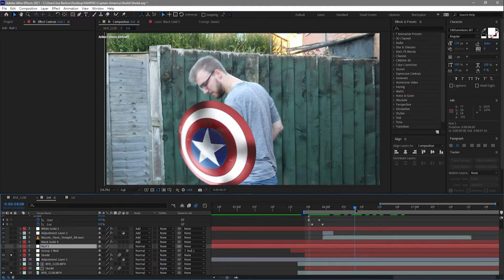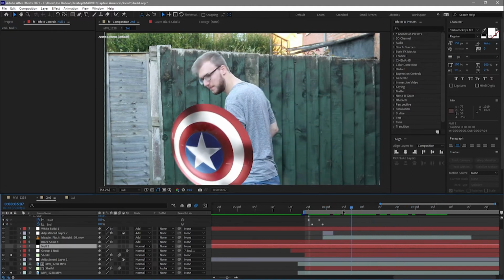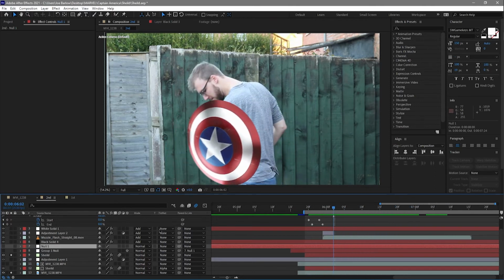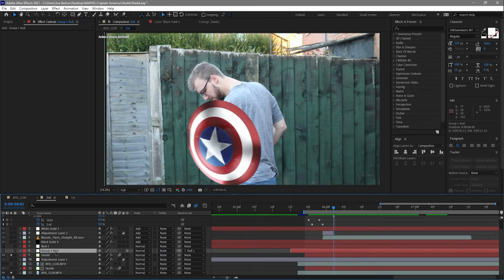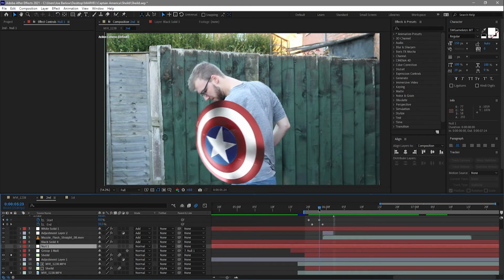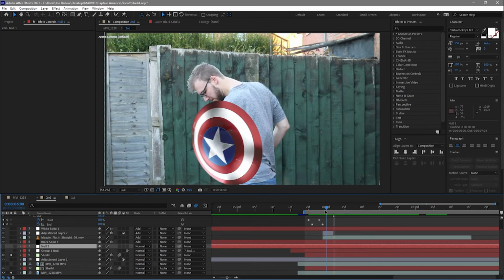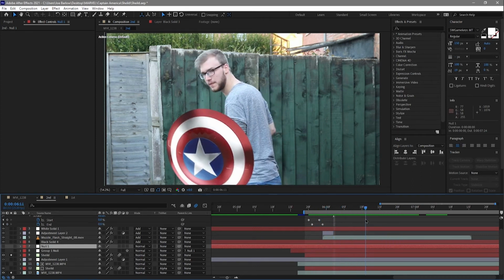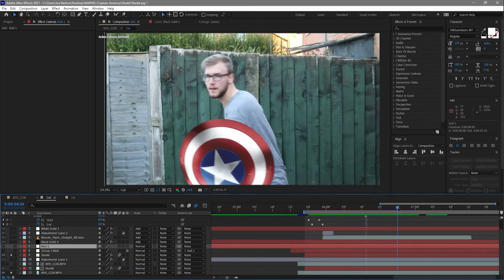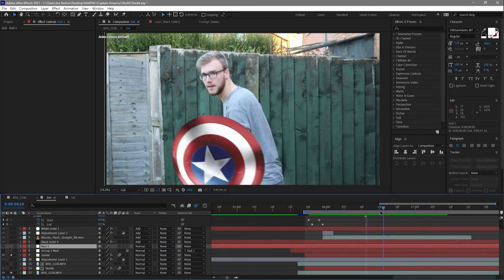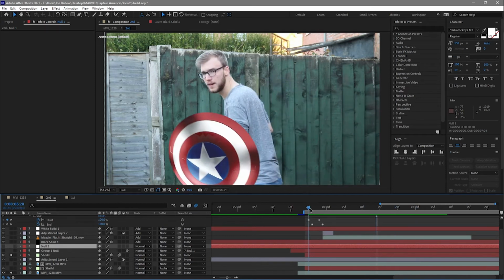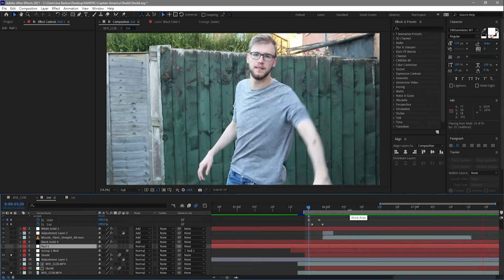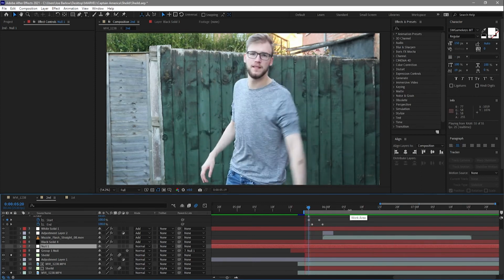As I mentioned, I hand animated this shield onto my arm, so any sort of movements there I've sort of just matched by eye and sort of hope for the best. I think that's both the group 1 null and the null 1. I think I sort of did position on one and rotation on another. I could have done it with one, but I find that sometimes if you use 2 separate nulls to do different values, they interact a little bit nicer together and they don't sort of try and undo the other's movements. So that's the shield straight up on my arm, and this is the sort of movement we got with that. I catch it and throw it like a frisbee.